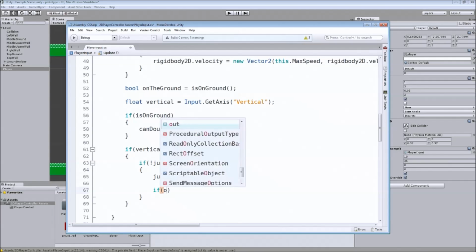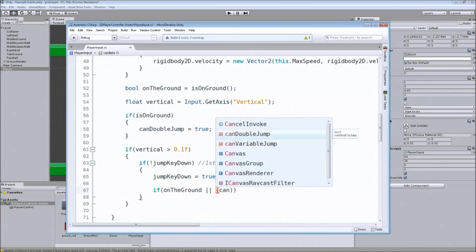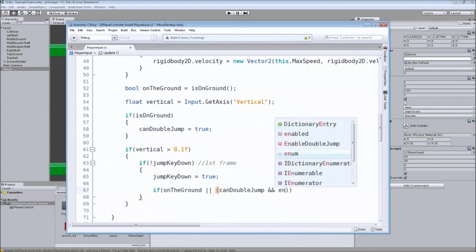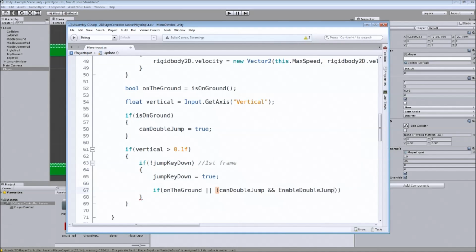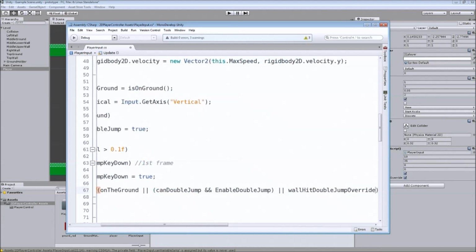So if we are on the ground, or we can't double jump and we have allowed the player to double jump, or we have allowed him to double jump after a wall hit,